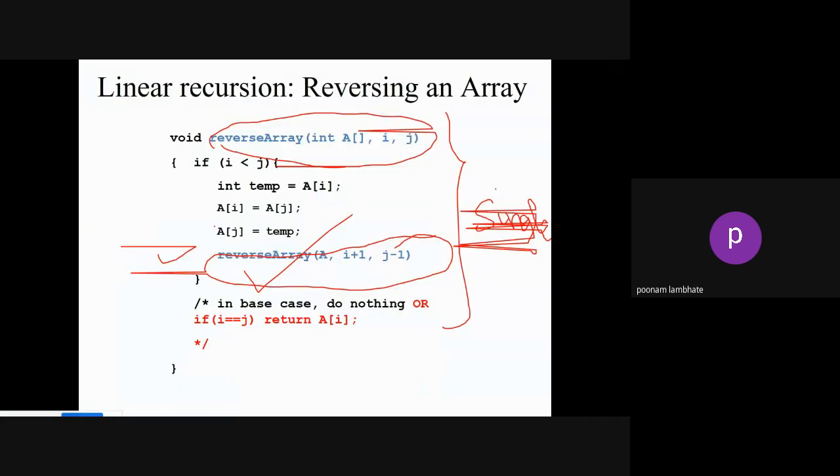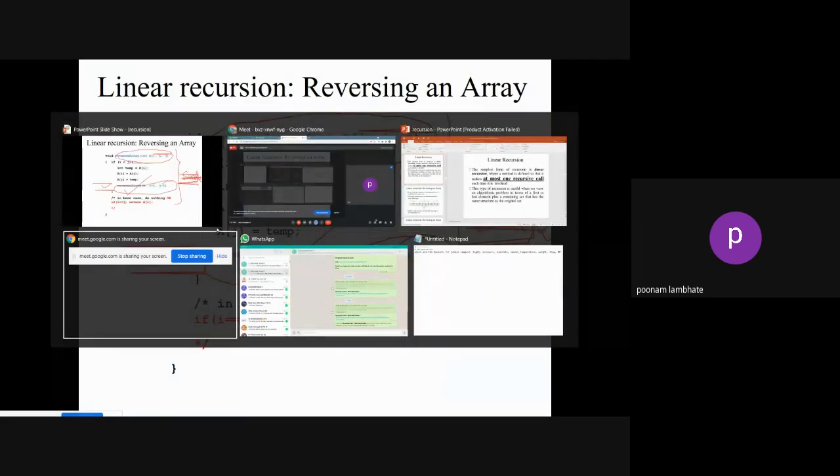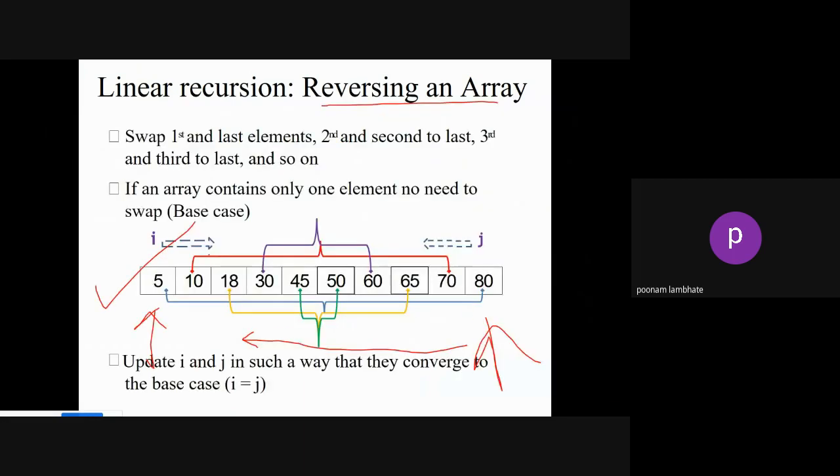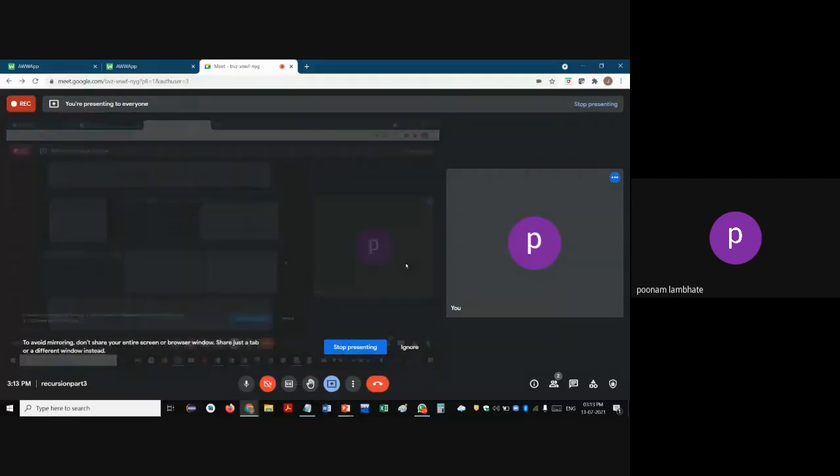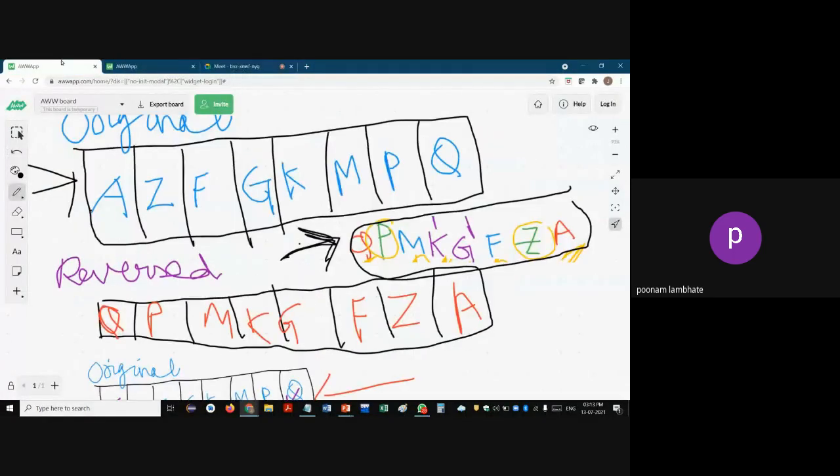So how are we performing it? We need to maintain certain variables as indicators. So what we will do, we need to consider,